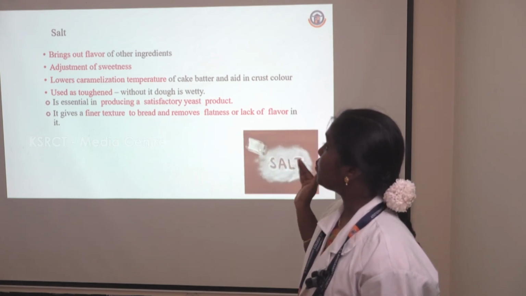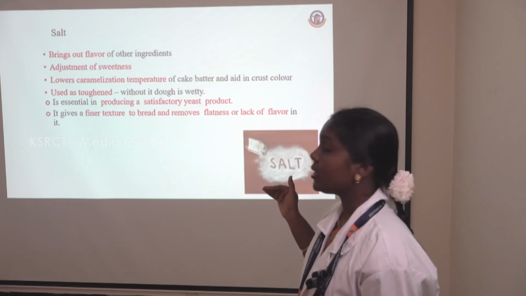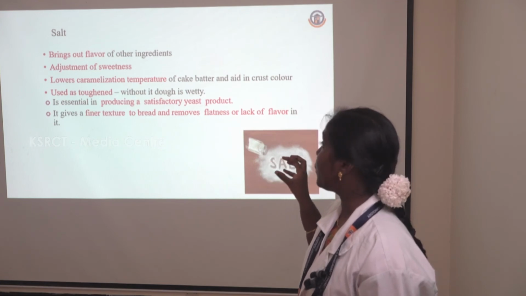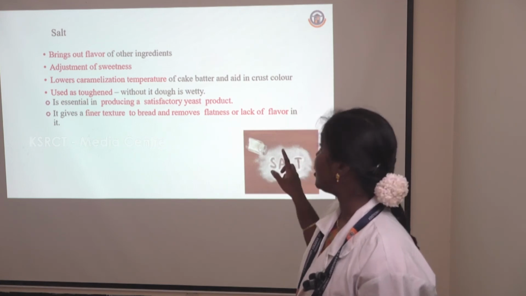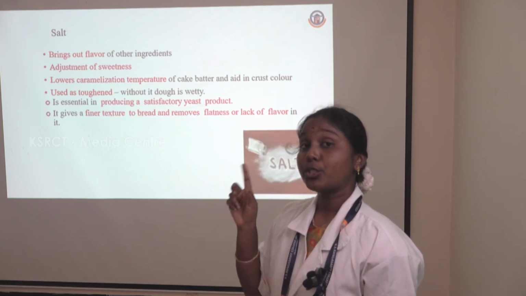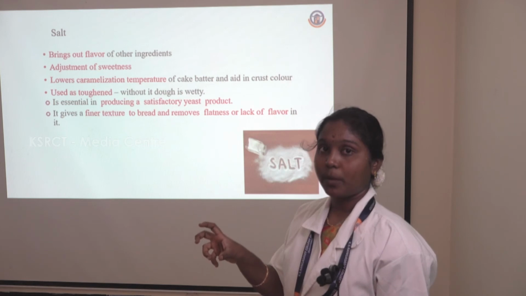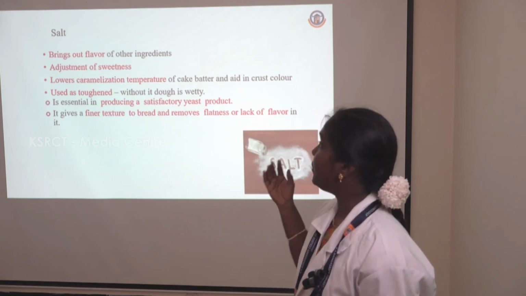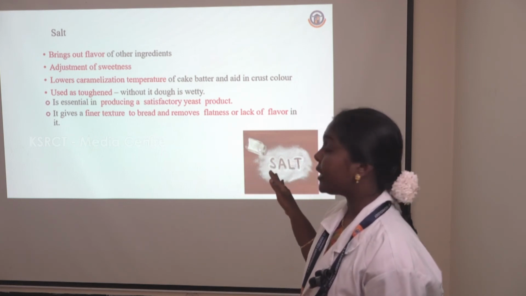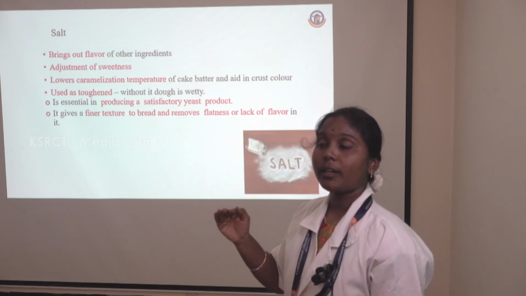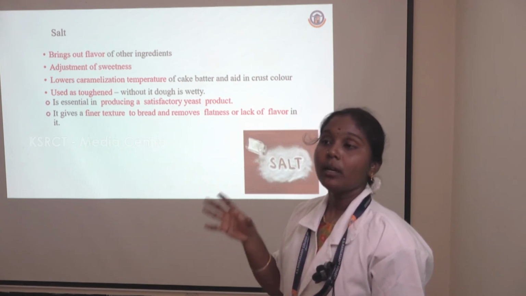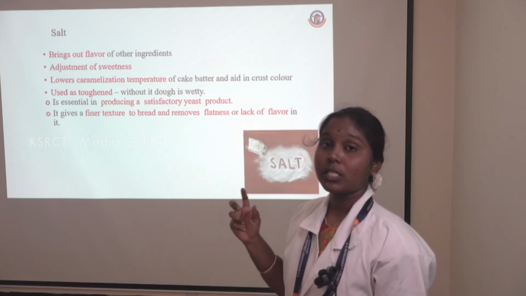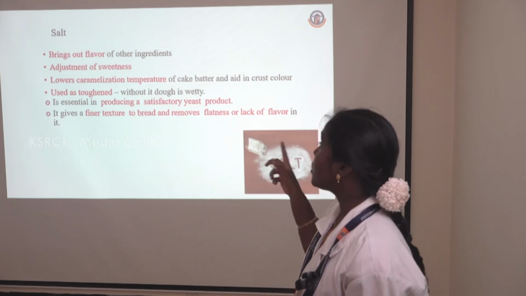Okay, so it adjusts the sweetness. It lowers the caramelization temperature also. It is also used for toughness. It is essential in controlling the yeast growing process. All of you know, the sugar component is present in the fermentation process, and the fermentation process will happen at a very high rate. If we add salt, the fermentation process gets controlled. If the fermentation process is at a high level, the dough goes to an acidic level. A high acidic level is not suitable for the product preparation process. So salt controls